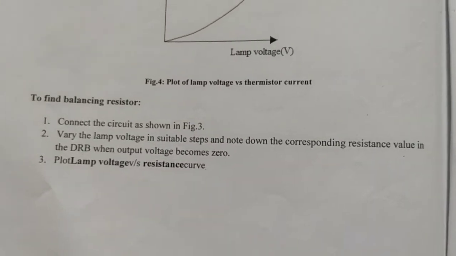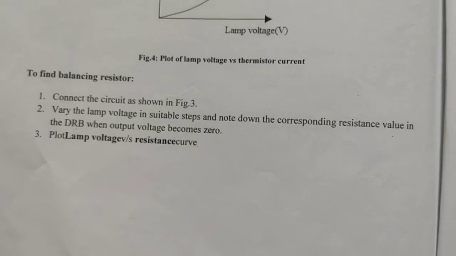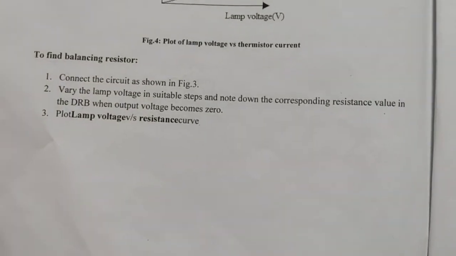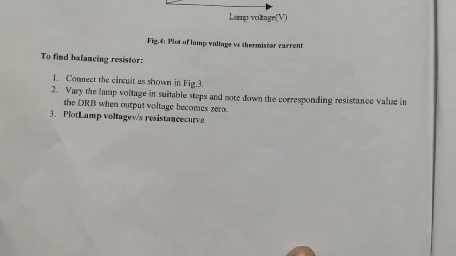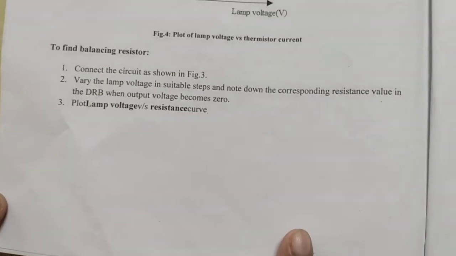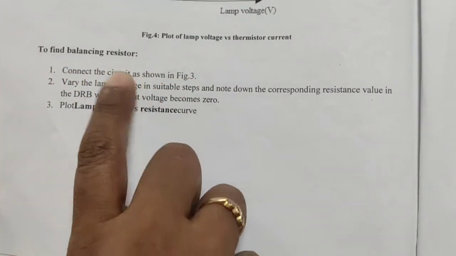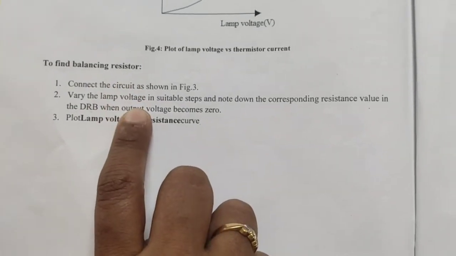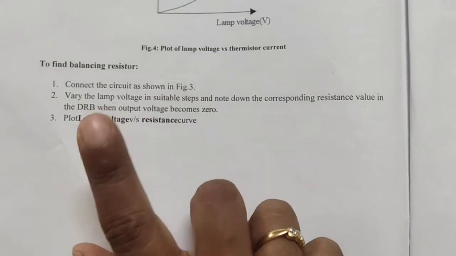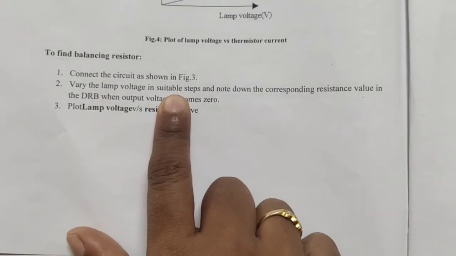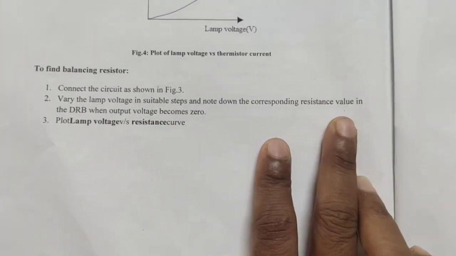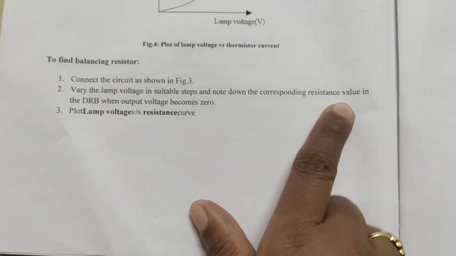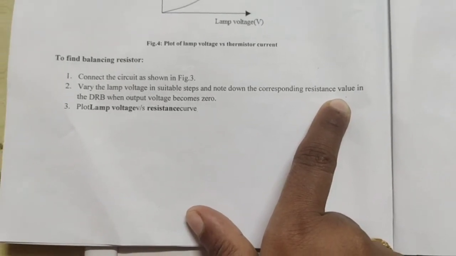So students, now we will conduct the second part of this experiment. That is, we will measure again the resistance as we vary the voltage of the lamp. Okay. So this second part is called finding the balancing resistor. So what do we do here? In the same circuit, we will vary the voltage of the lamp and we will note down the corresponding resistance value in the DRB. That is, we will connect a DRB in one of the arms of the Wheatstone bridge,